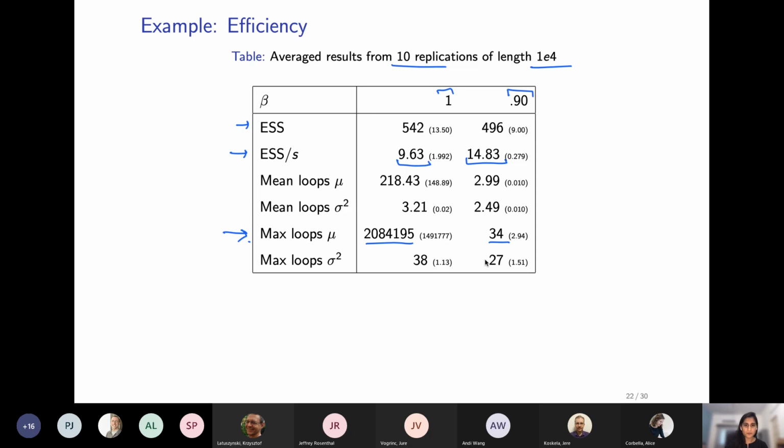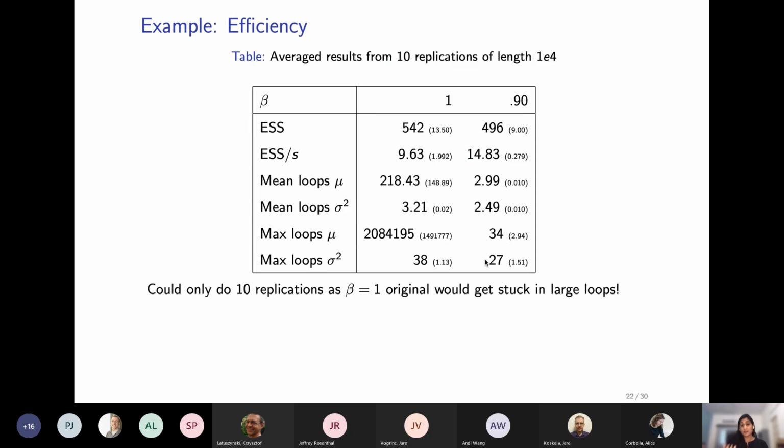Okay. Now, the thing though is we did 10 replications because really my patience only allowed me to do 10 replications, because beta equals 1, which was the original Barker setup, would get stuck in these large loops and I would get angsty and wouldn't know whether it's going to take 5 days or it's going to come back to me in 5 minutes. The other thing is what we did was